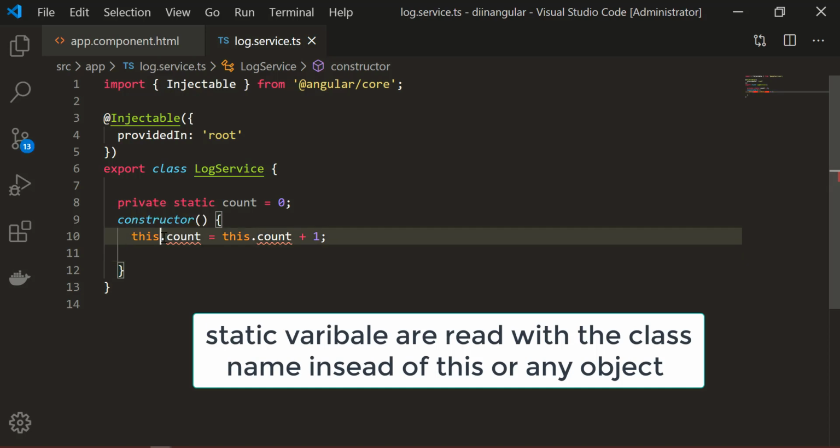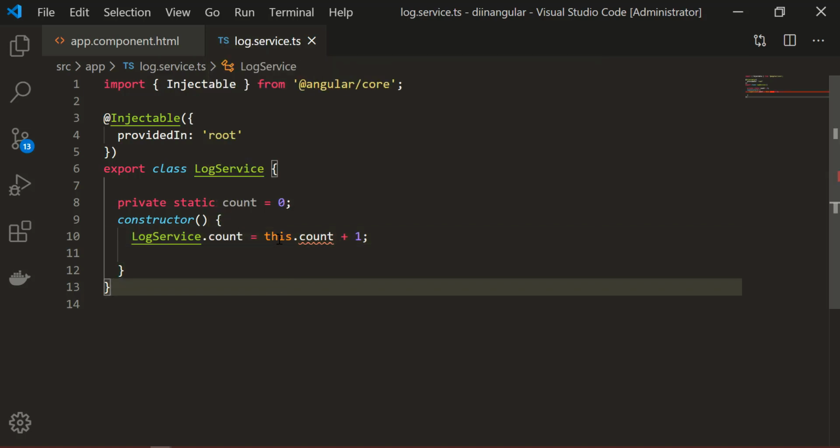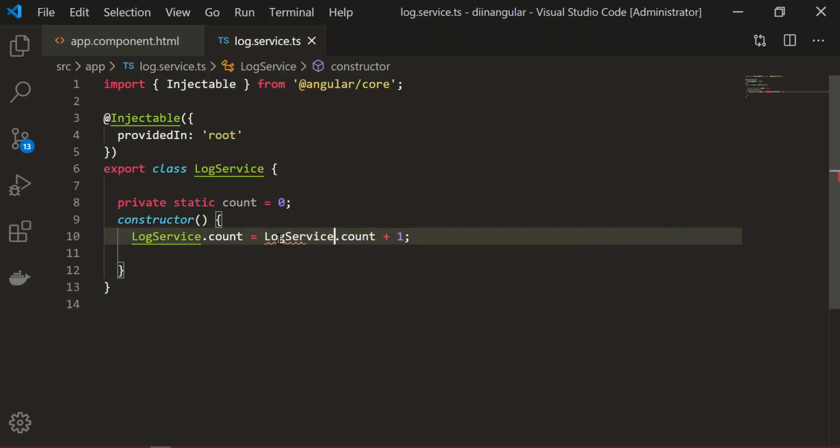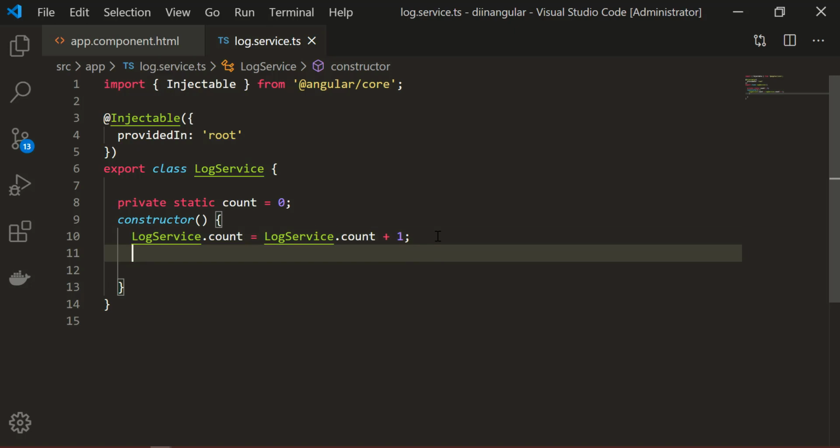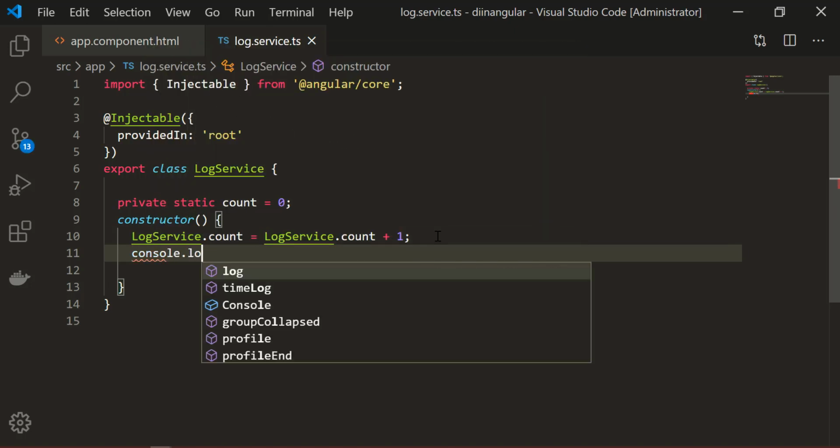Okay, so it's not this.count, because it's a static, so we have to say LogService.count is equal to LogService.count plus 1, and then console.log